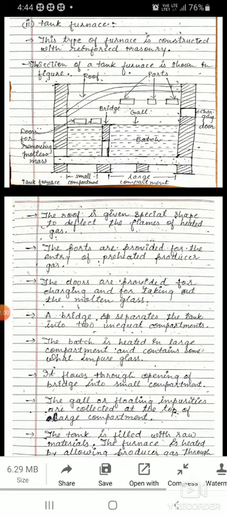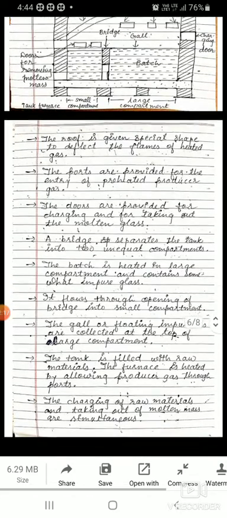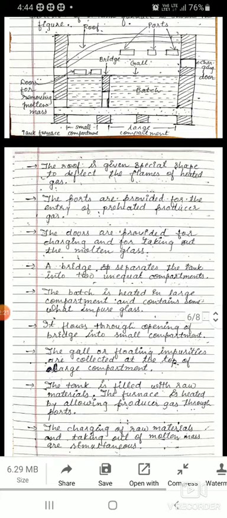You can see in the figure doors for charging from one side, and from the other side you can see the doors for removing molten mass. So the doors are provided for charging and for taking out the molten glass.